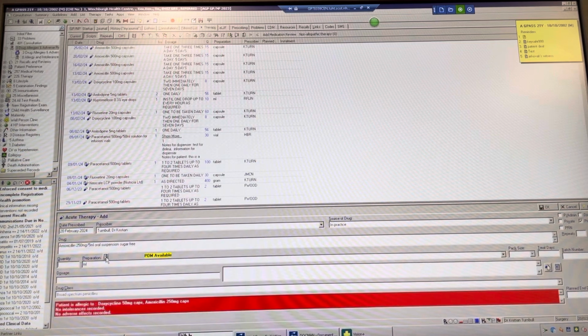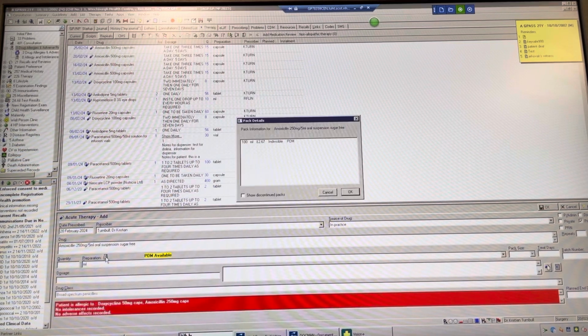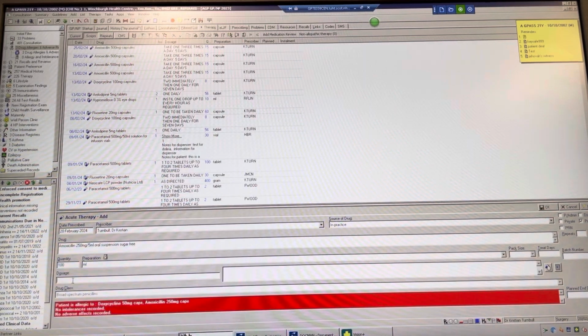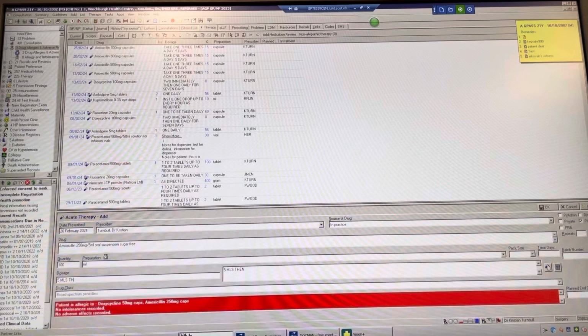If you want to find what boxes and bottles it comes in, you just click on pack information and it tells you there, and then you can just type in 5 mils 3 times a day or whatever, and then you just click OK, and that will then appear there. If you want to do a delayed script, you just change the date here,